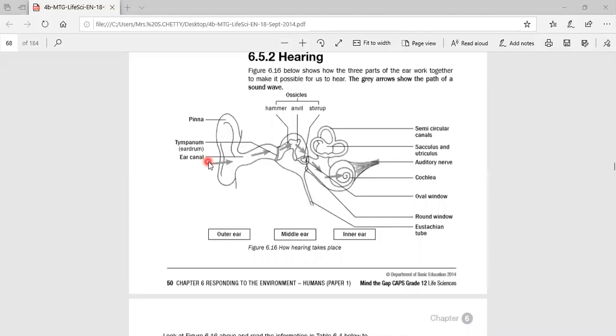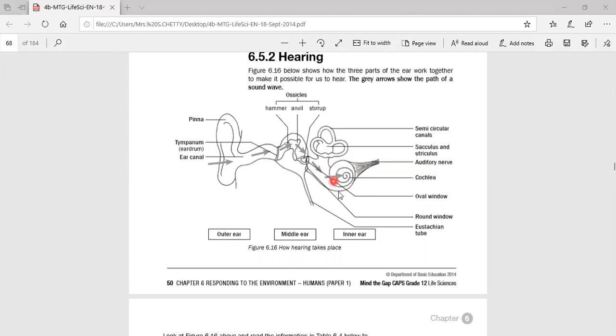Hello once again, children. In our last video, we looked at the role of the ear in bringing about the sensation of hearing, and we learned about a mnemonic that will help us in remembering the pathway taken by the sound waves as it passes through the outer ear, then the middle ear, and finally it becomes pressure waves in the inner ear because it passes through the fluid that is found in the inner ear,